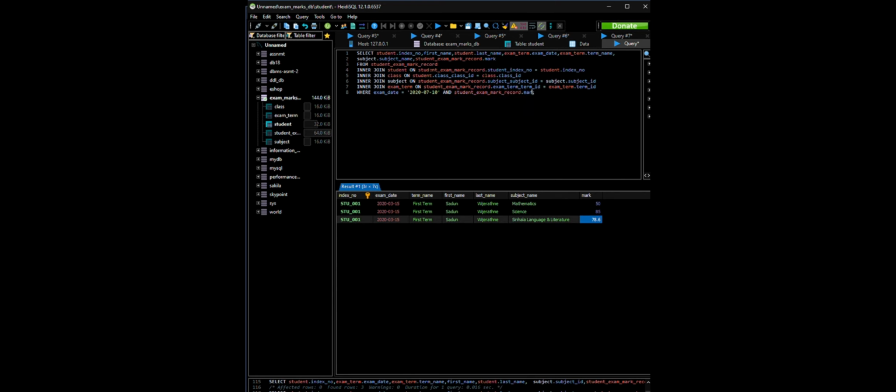So I can add this part, and student exam mark record dot mark between 40 and 70. Alright, so we have this here, and I'm going to run this, and when we run this we'll get the details. So basically I can, if I want to, name this table as, let's say, second term marks,